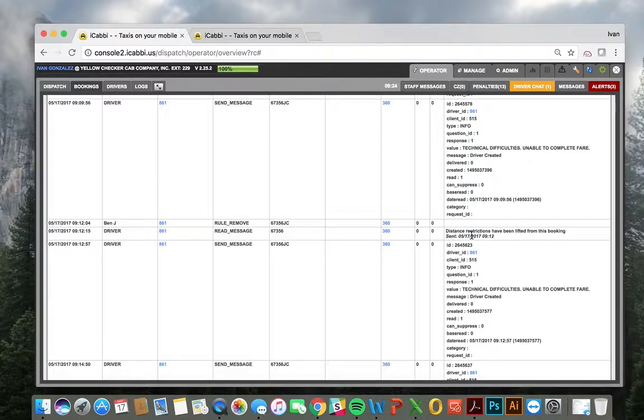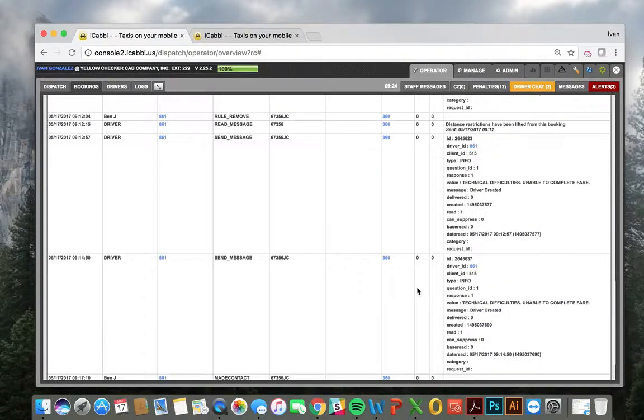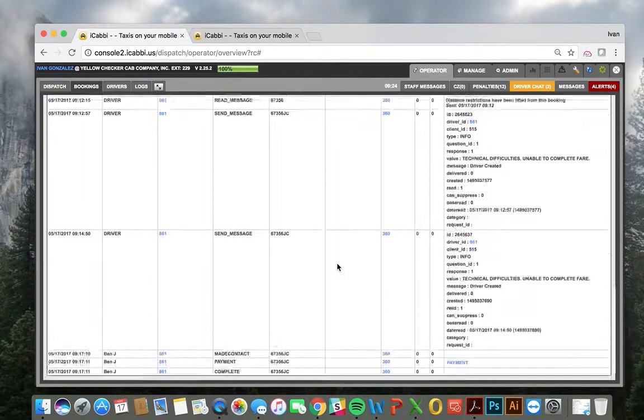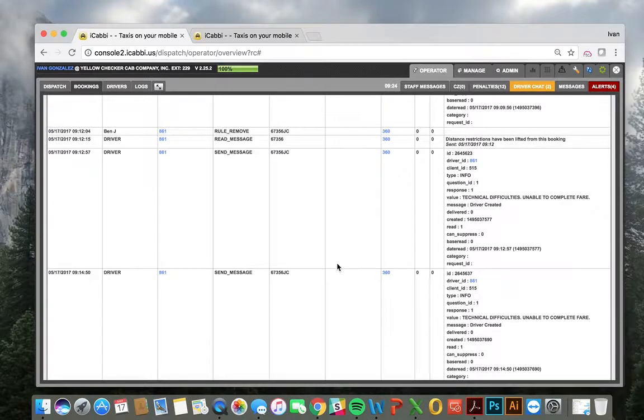And because there are proximity rules attached to when a driver can arrive, when a driver can meter on, and when a driver can complete the fare, excuse me, it's likely that the distance restrictions were preventing the driver from being able to clear the fare. So clearly here there is an issue with the driver not using the system properly and then creating work for our dispatcher. So this is a case where